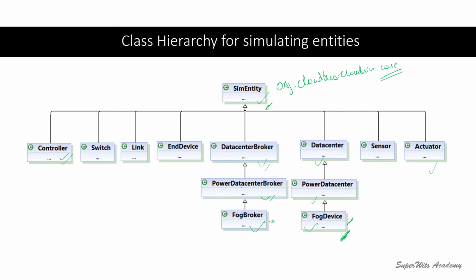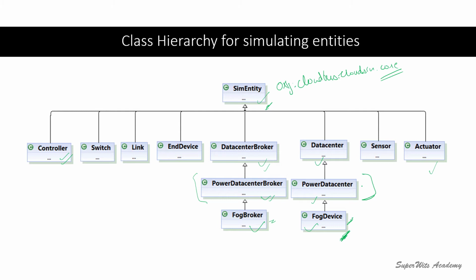Whereas for the FogBroker, you have the abilities of doing VM scheduling, placements, task scheduling and all that stuff. All of that has been implemented in these set of classes, and this is the only reason, because these classes were included into the FogBroker and FogDevice, that whenever a simulation is happening in the iFogSim simulation toolkit, you are able to bring out what energy is being consumed by each device, or what price or cost is going to be incurred in that process.